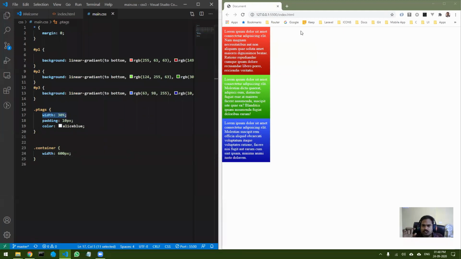Now can anyone tell me what will happen when I drag it? Will the width of the divs change or not? If I drag it right now, will the width of these divs change?